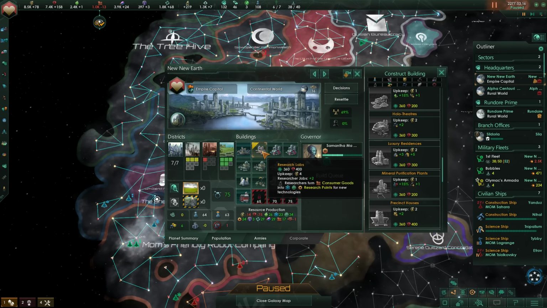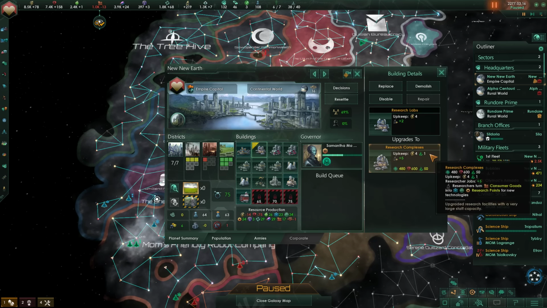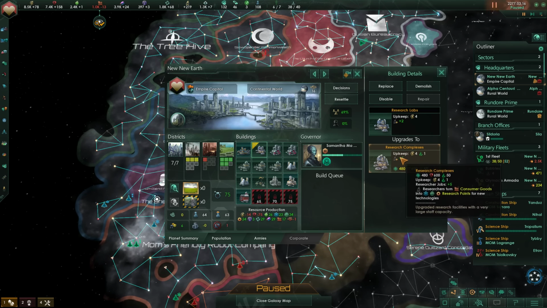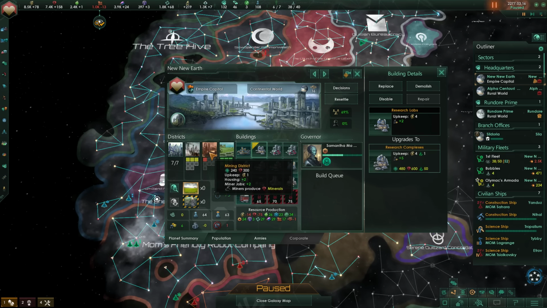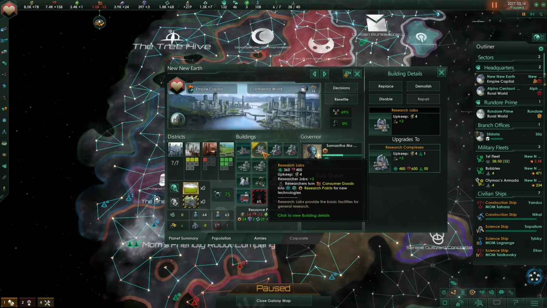You'll notice that I have a building here ready to be upgraded. These are my research labs. Currently, this is the base level research lab, which allows for 2 research jobs. The upgraded version, the research complex, allows for 5 researcher jobs. This is generally what you're going to see. Districts do not have upgrades. Buildings do have upgrades, but they're not as frequent. You don't have to spam them. You don't have to do bulk upgrading, and really you don't need to upgrade this until you really need more